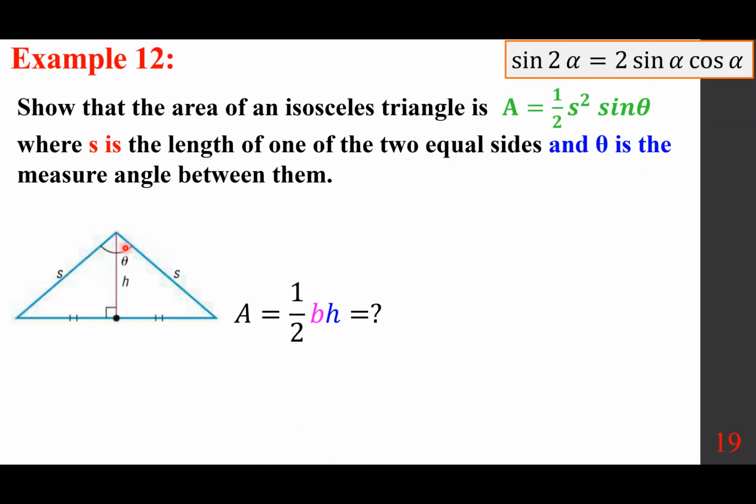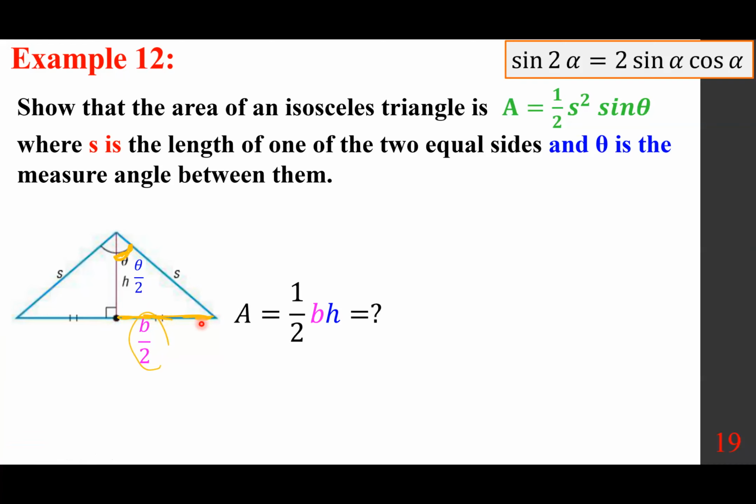So if this whole thing is theta, and this whole thing is, this is the base, by the way. This is b over 2, okay? This is theta over 2. I want to make sure we understand what's going on here. So this is b over 2, okay? And this angle is theta over 2. So all we have to do, calculate the b, and to do that, sine of this